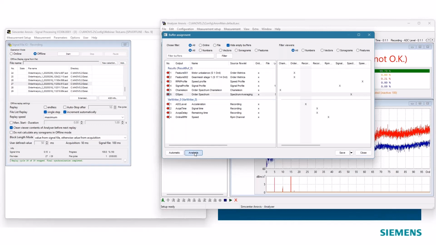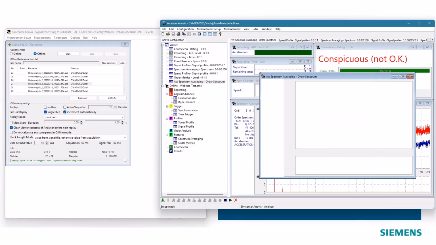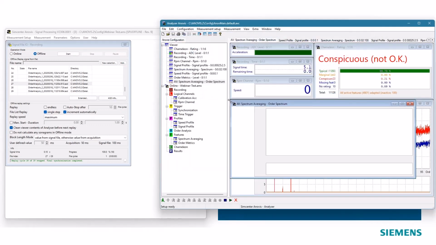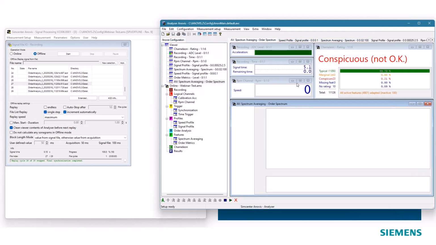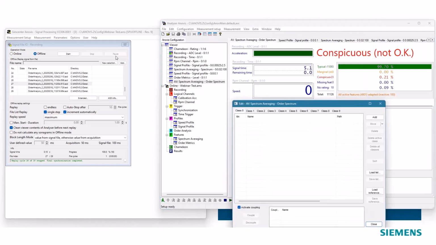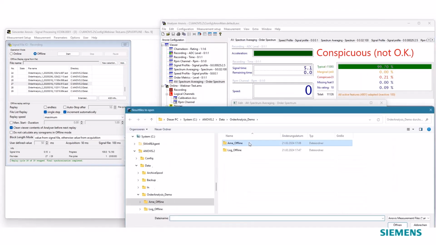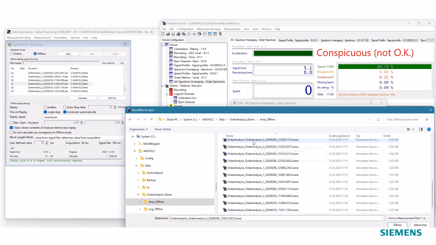And so I add a new viewer to my viewer configuration now. This is a so-called analysis viewer. And here I can use a so-called class editor to inspect many files at the same time. So here I can, for example, load all the production data.